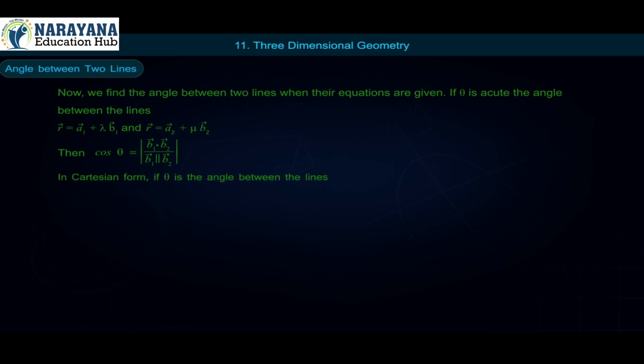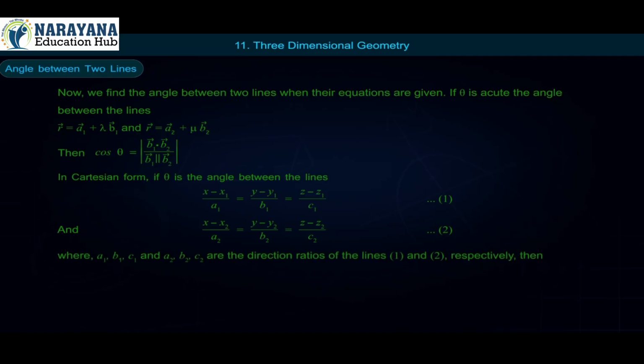In Cartesian form, if theta is the angle between the lines (x minus x1) upon a1 is equal to (y minus y1) upon b1 is equal to (z minus z1) upon c1, equation 1, and (x minus x2) upon a2 is equal to (y minus y2) upon b2 is equal to (z minus z2) upon c2, equation 2, where a1, b1, c1 and a2, b2, c2 are the direction ratios of the lines 1 and 2 respectively,